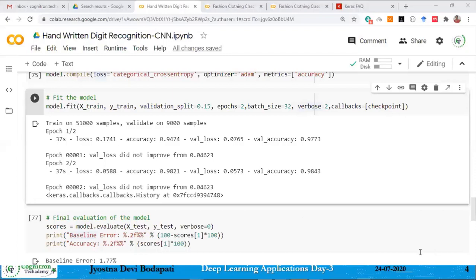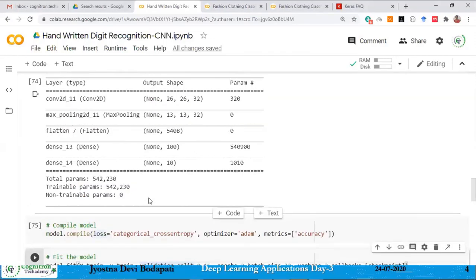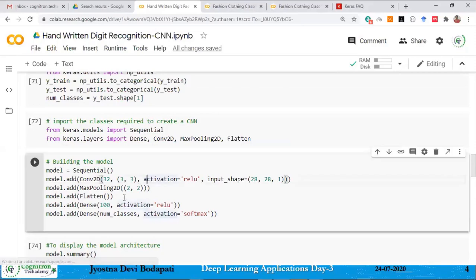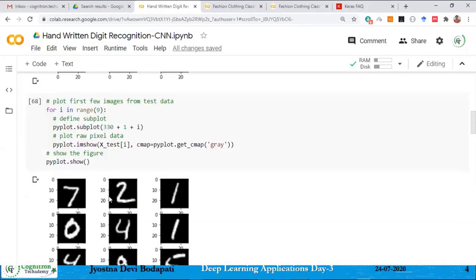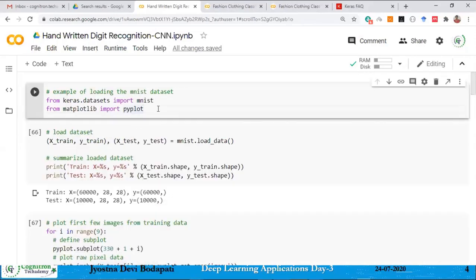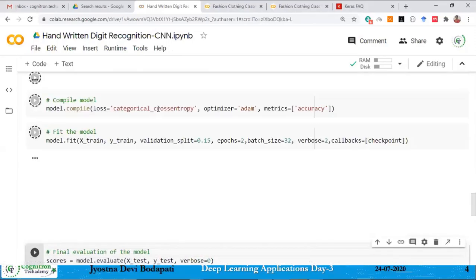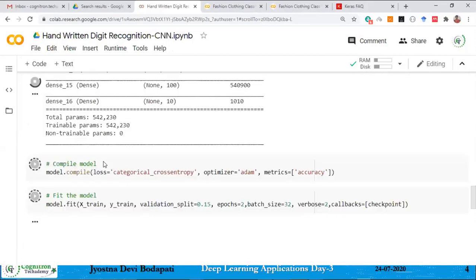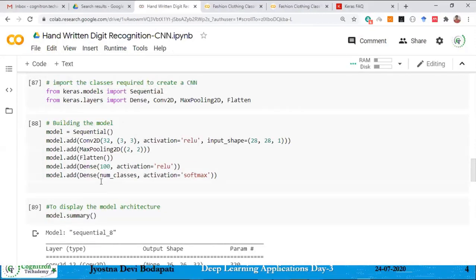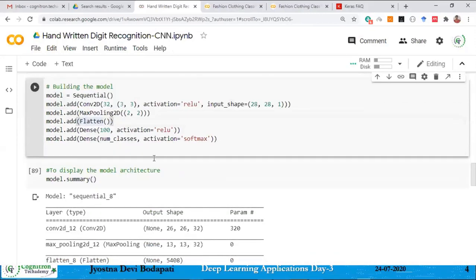Another question? Those who have doubts, please raise. Okay, good. Then the last thing is callbacks. How to apply callbacks? One thing: let me add one more layer. What is the best accuracy you got so far? 98.10. Oh, good. With a single convolution block itself we are getting 98, which is very good. Your model is really good.